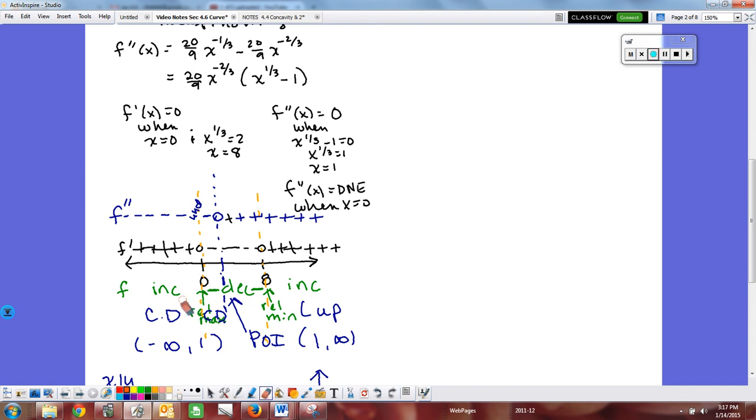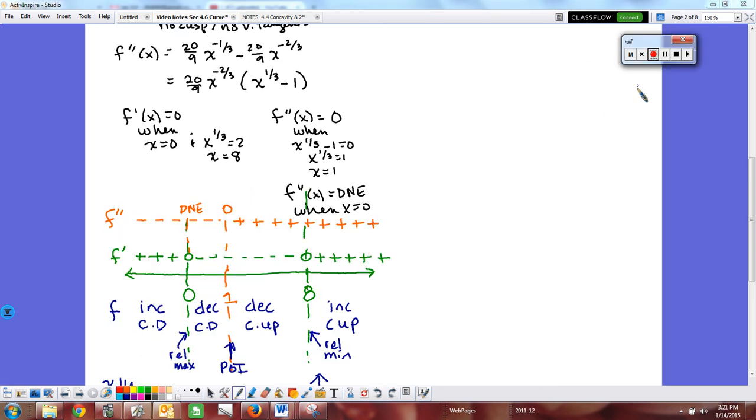It may have been better for me as I was doing this to spread these out a little bit and make sure I really show what f is doing. In fact, I'll do that and we'll come back and pause for a sec. Alright, coming back and looking at it, I just cleaned it up a little bit. And this is also partly the reason why they don't interpret your sign charts on the AP. Laying it out a little nicer, being more neat in my work, you can see that